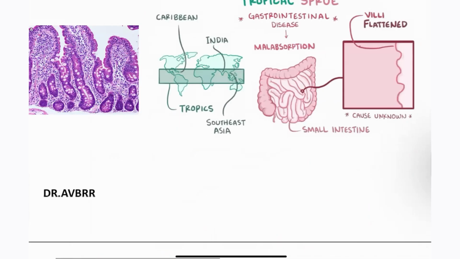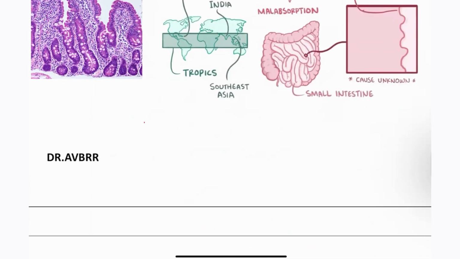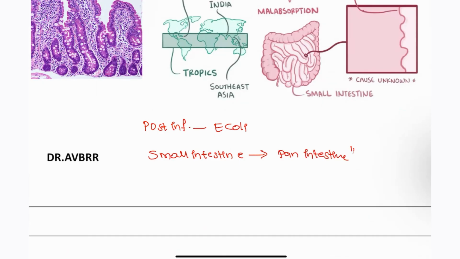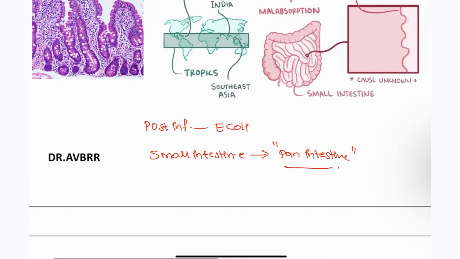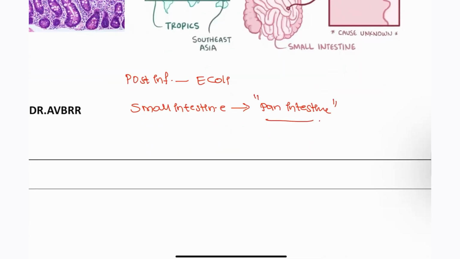Okay, next, tropical sprue. In the patients with tropical sprue, this is post-infectious. Commonly associated is E. coli, whatever the GI microbiota like E. coli can cause. First it is going to involve the small intestine, then it will cause a pan-intestinal infection. Over time, it will trigger the inflammation and further cause